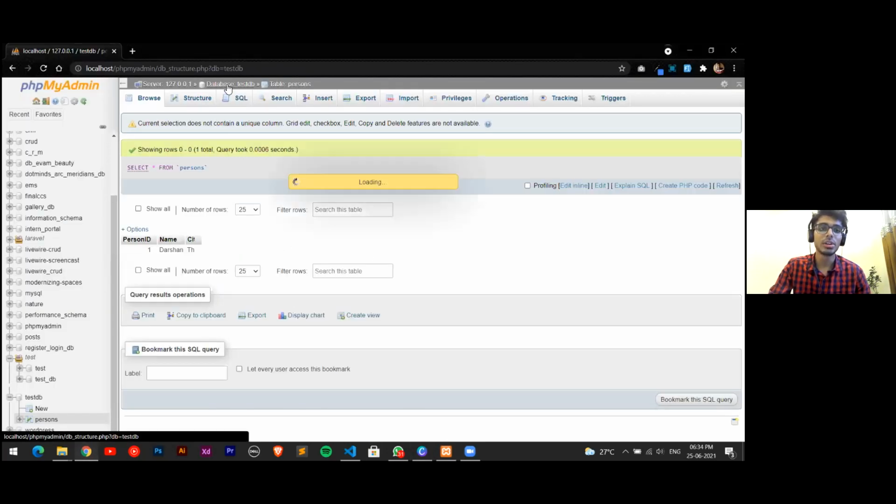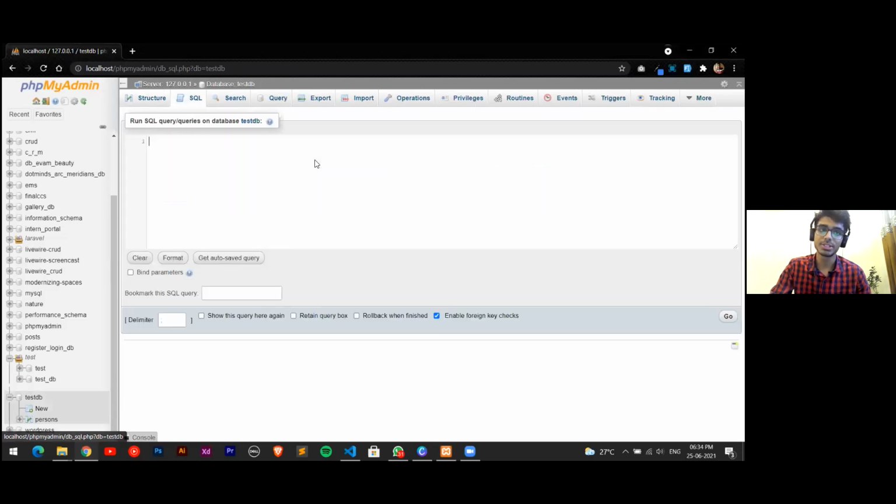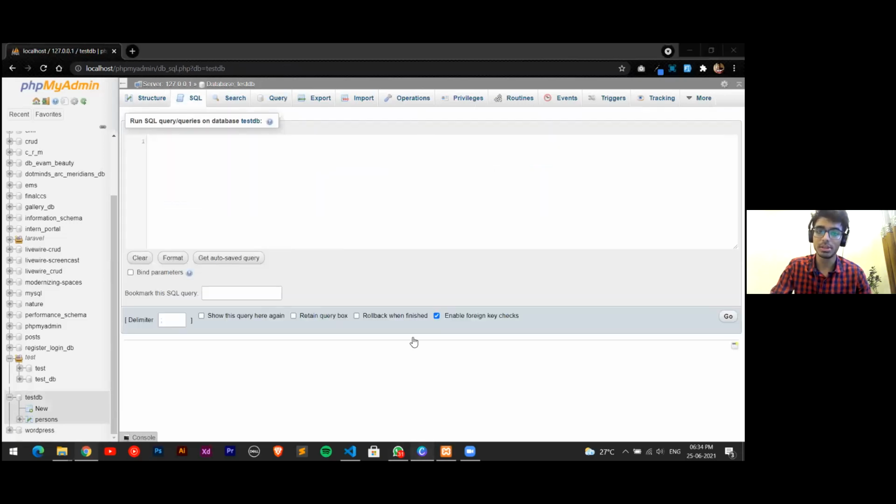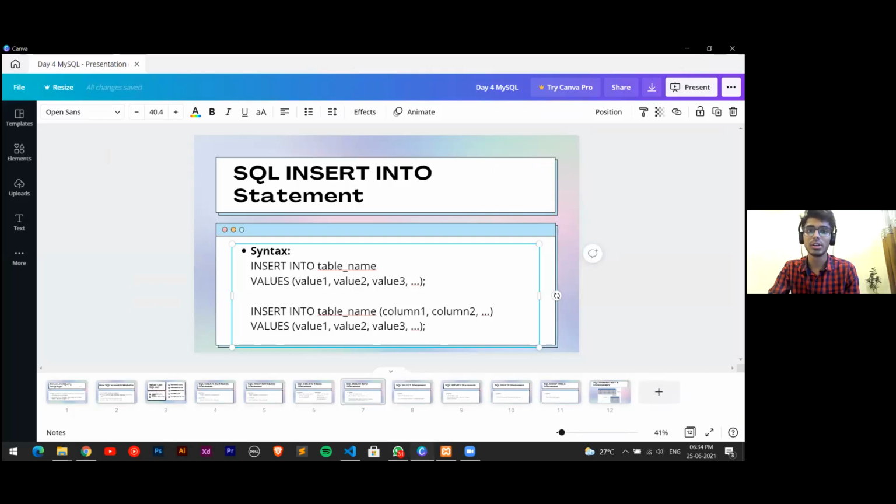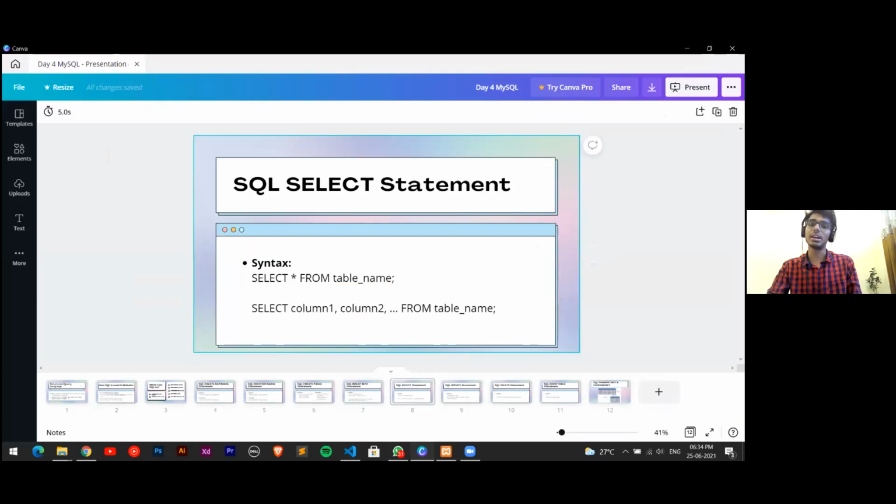Now again, I'll be going to the database, going to my SQL where I write the query. We'll be learning a new one. Okay, and now if we want to see the data inside the database which we have just added, we can't always visit the database and get the data from that.